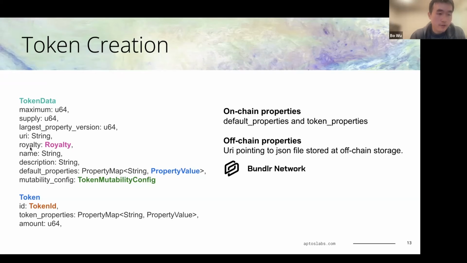You can also have a royalty, which specifies the percentage of the total price that will be paid to the original creator when you trade this token. There are also the name of the token and description, and also default properties, which is